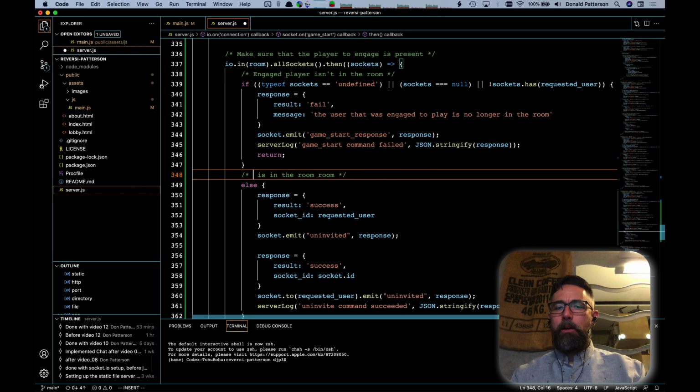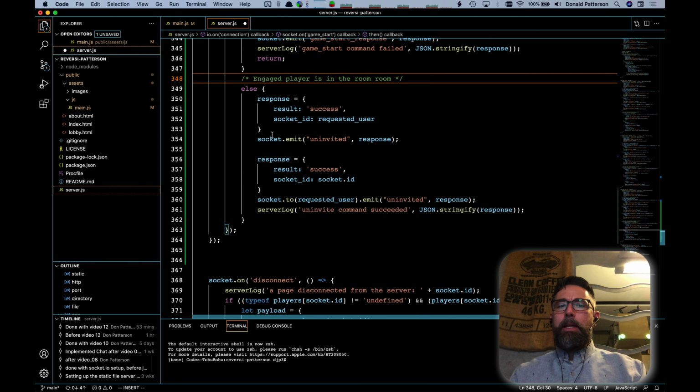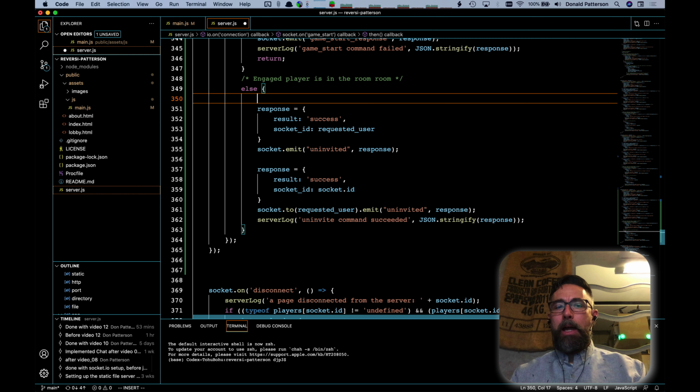But now we get down here and everything is okay. We got good data and everything is where we expect it to be. The engaged player is in the room. And so now we need to pick a random game ID. And this is what we're going to use in order to identify different games so that different people can play